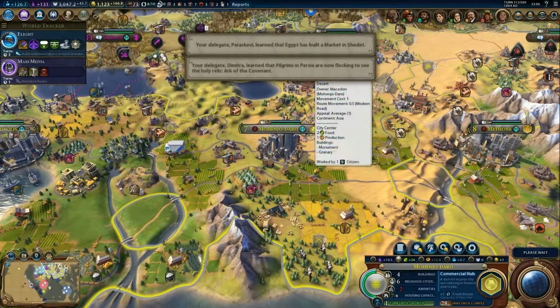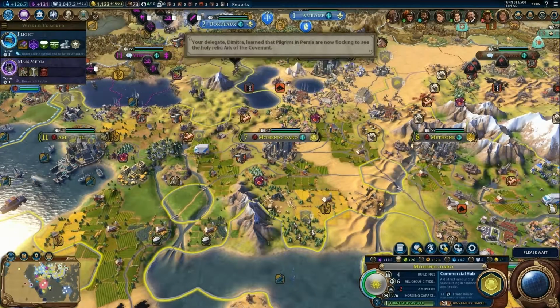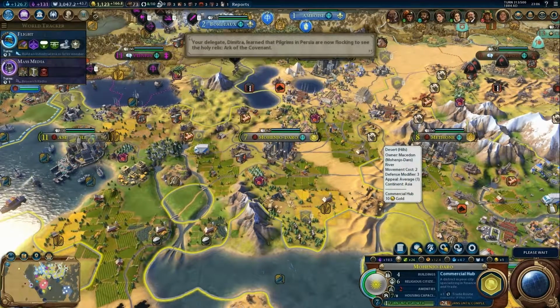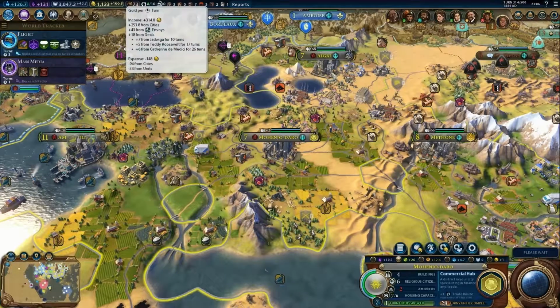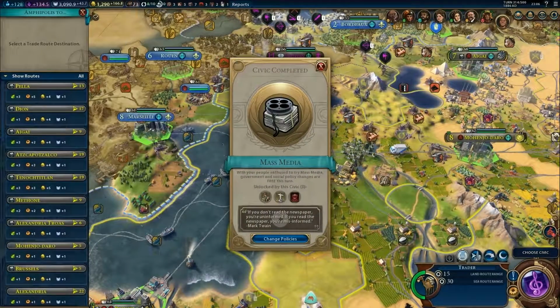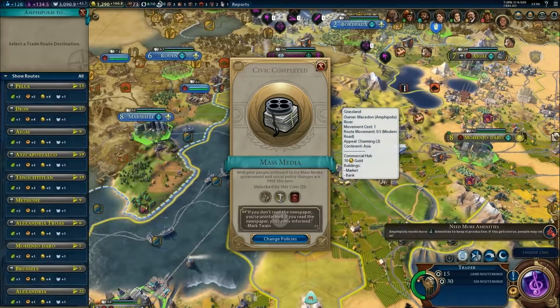I might want to do some towards Geneva. Quite an interesting location. Or maybe I should put them all towards Lisbon again, because Lisbon, of course, is a big money generator for me. If you don't read the newspaper, you're uninformed. Media. If you read the newspaper...